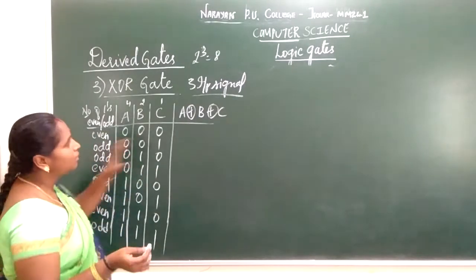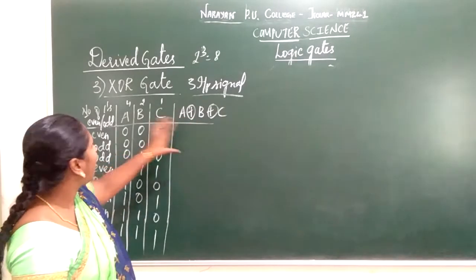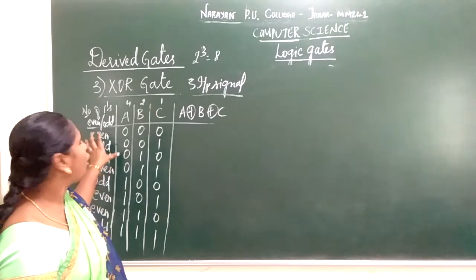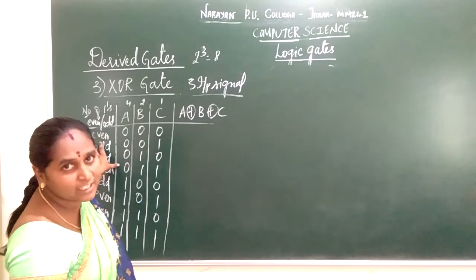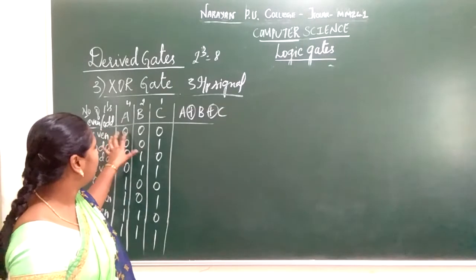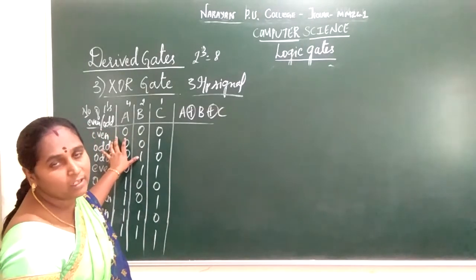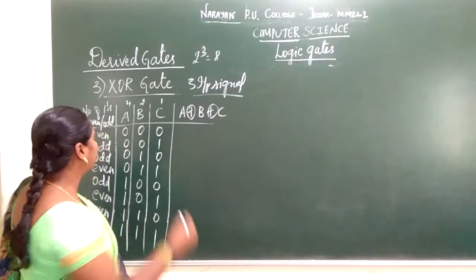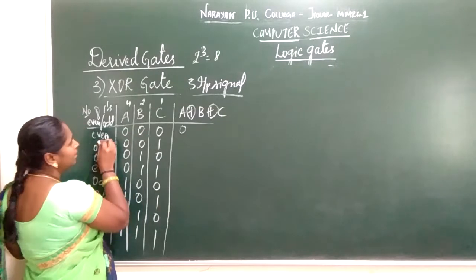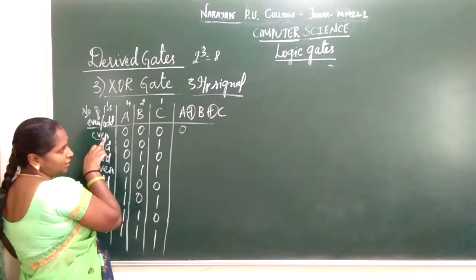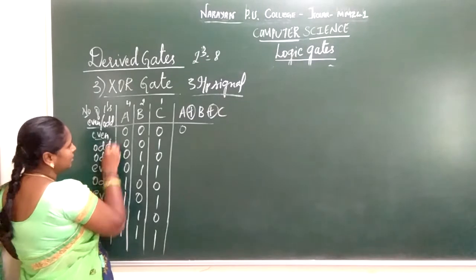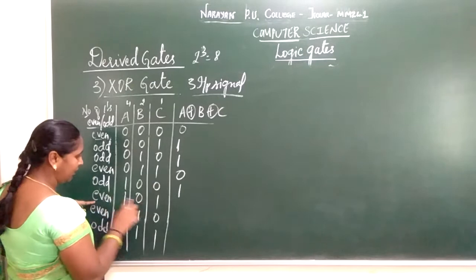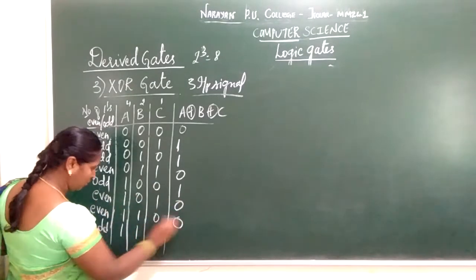For this, the output depends on how many ones there are. If it is an even number of ones, the output voltage will be low. If you have an odd number of ones, the voltage is 1. Even if all the input signals have a low voltage, that is an even number of zeros, for that combination also the output will be low. If there are no ones, it is an even count. Next, odd, 1, even, 0, odd, 1, next 0, 0, odd.